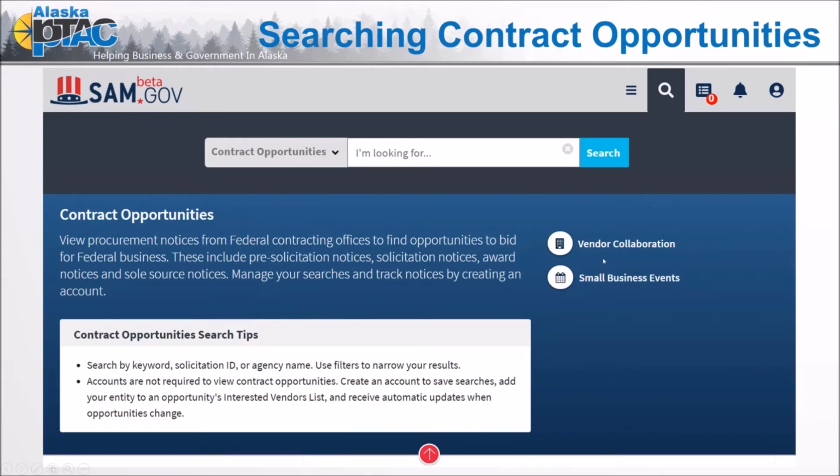So there is some information here that you can actually filter right from the home page under the contract opportunity arena in Beta SAM. So we have the vendor collaboration and of course the small business events. I did play with that a little bit. I would need to do more digging to give you exactly what this is. I wasn't really finding anything under the small business events. It could be that this is a new enough feature that it hasn't necessarily really taken off with the ASBDU offices